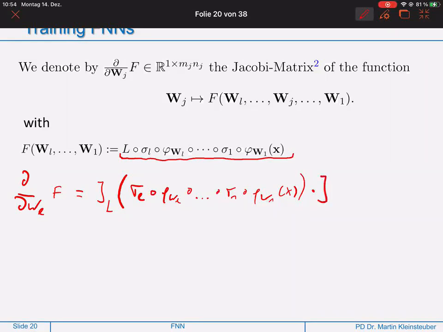This is the Jacobi matrix of the last activation layer, sigma L, evaluated at the point phi W_L, down to phi W1 of X. Then followed by matrix multiplication, Jacobi matrix of